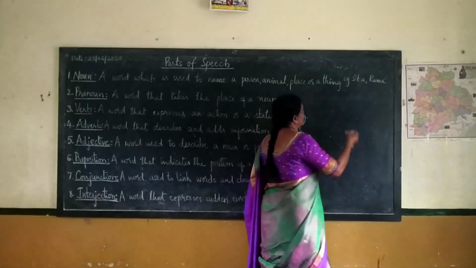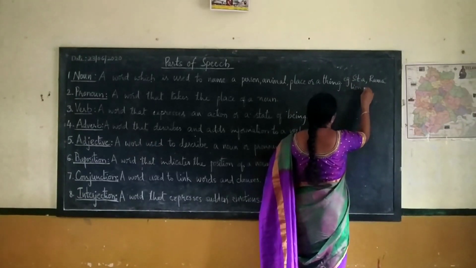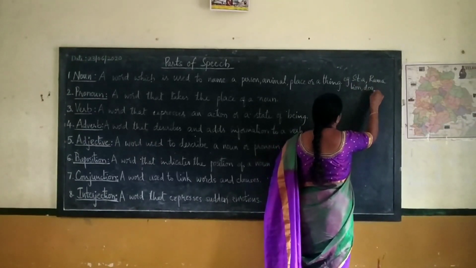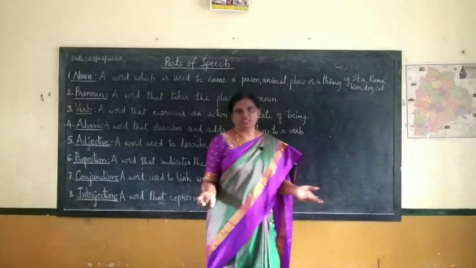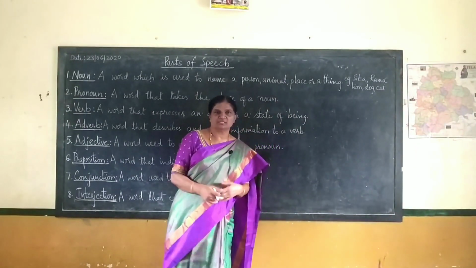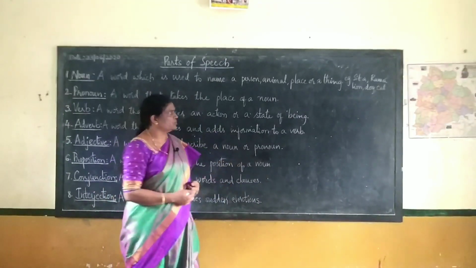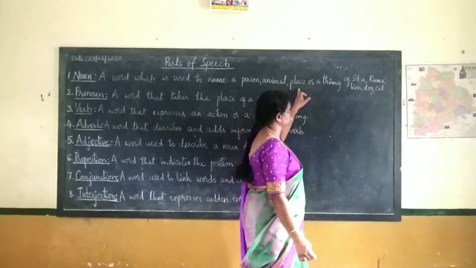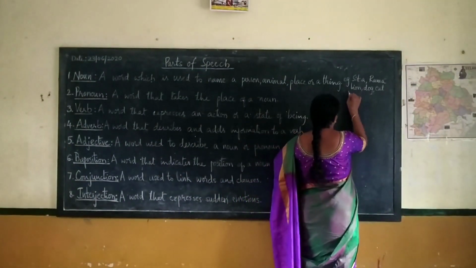Different animals are there, like lion, dog, cat, and so many wild animals and domestic animals, pet animals, different animals we see in our surroundings like that. And the places, names of places like Ieeja,